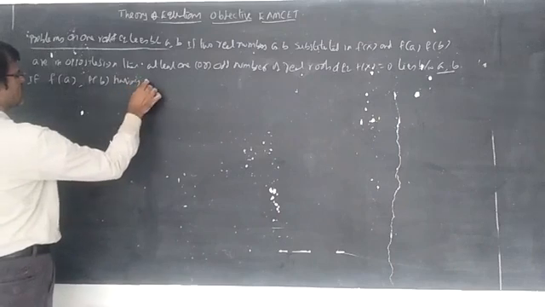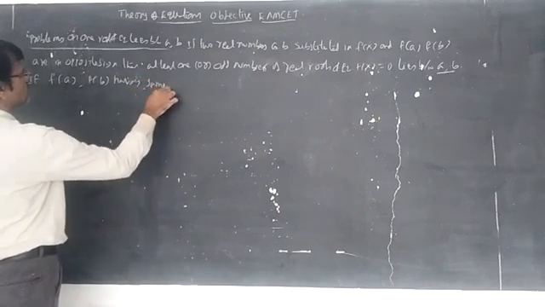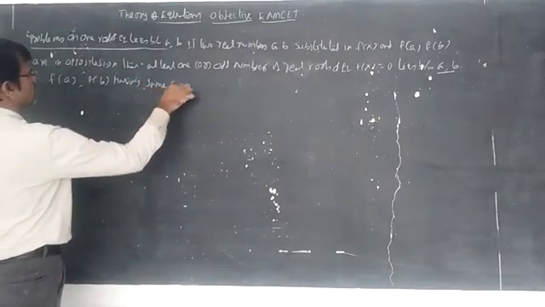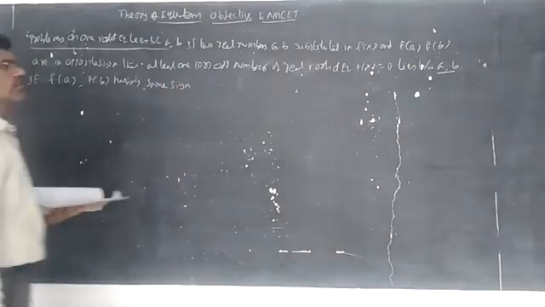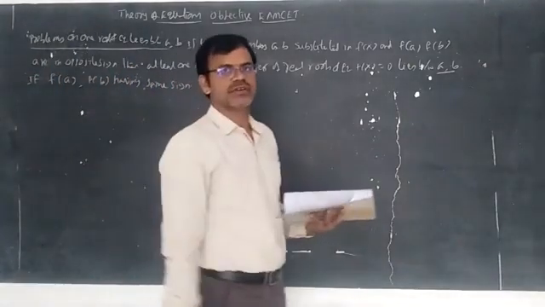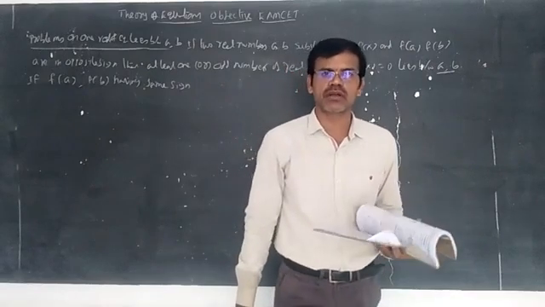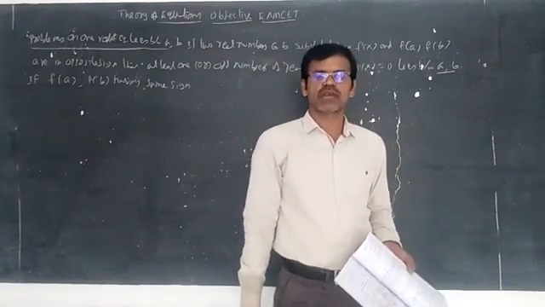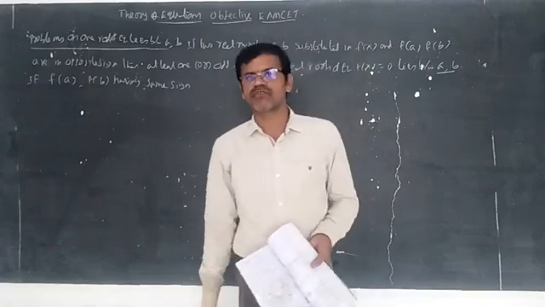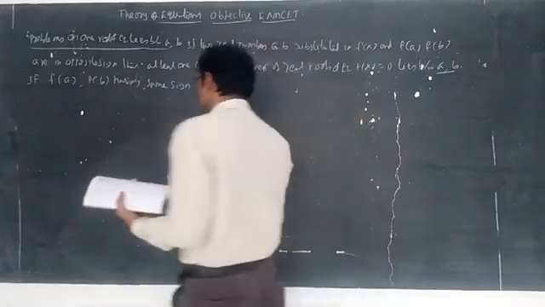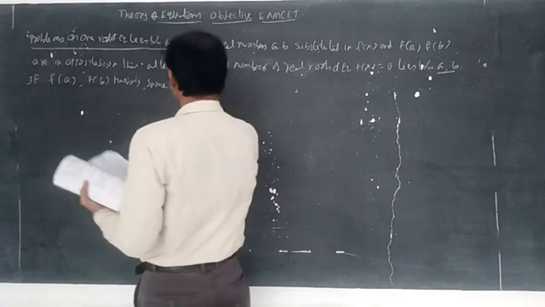Here we are writing having the same sign, meaning both are positive or both are negative. Whenever you multiply f of a less than 0 and f of b less than 0, you will get f of a into f of b greater than 0. Or f of a greater than 0 and f of b greater than 0, you will also get f of a into f of b greater than 0. So positive, having the same sign, then